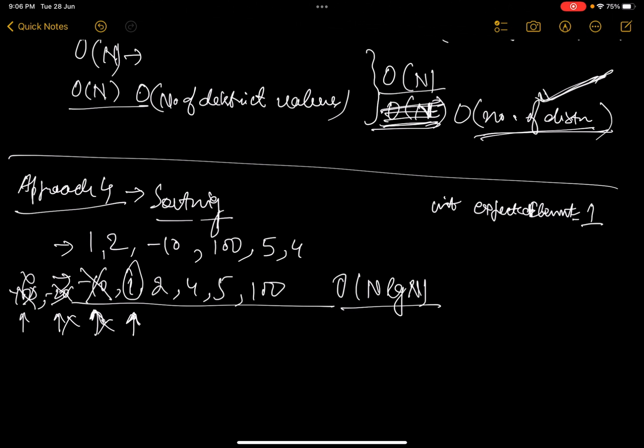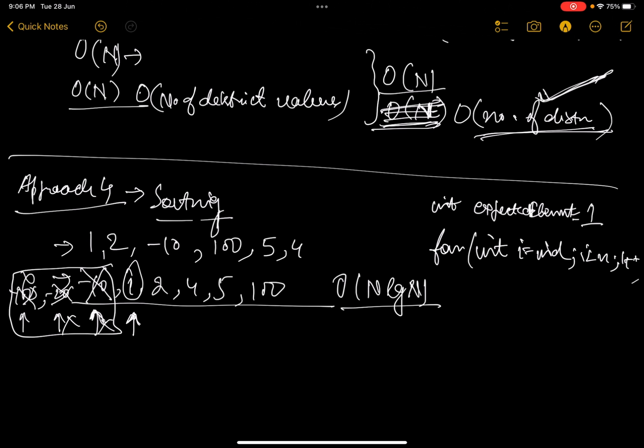So for int i equals, let's assume the current index is ind. Why current index? Because we have skipped these elements, right? So just for clarification, I'm writing ind, i less than n, i plus plus, if array of i equals,